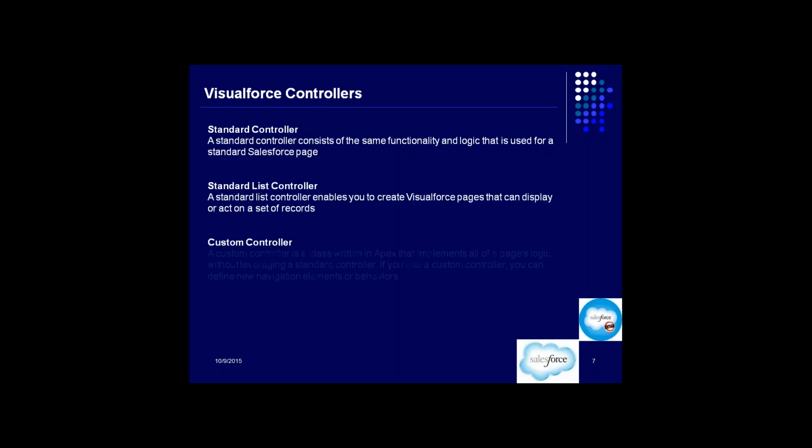Sounds good. So we are going to talk about each type of controller in detail, and we are going to do a few examples on that. Today, I just wanted to give you an overview. Tomorrow, once we meet, we are going to start discussing the standard controller first. And I'm very sure that even if you did not understand the controllers that well today, if you just got a little hint about it, that should be okay for now. Once we start designing examples and doing the standard controller pages, you will have a lot more clarity.